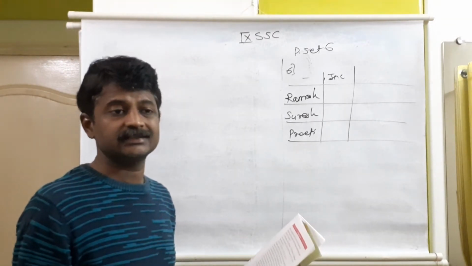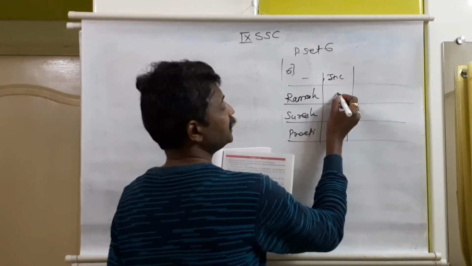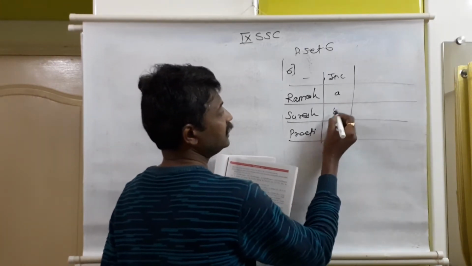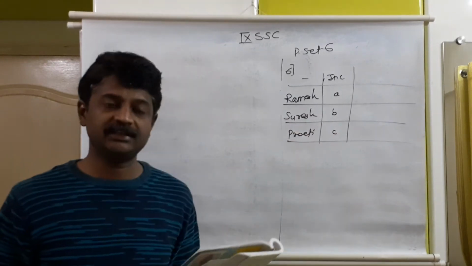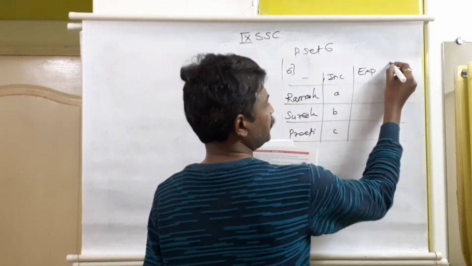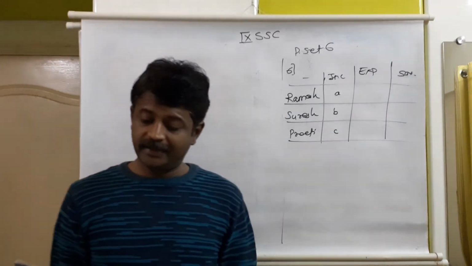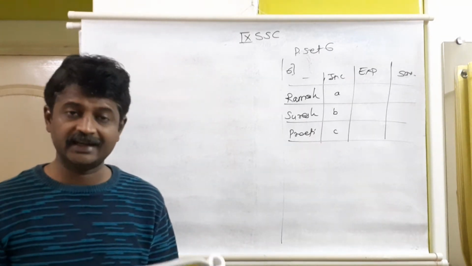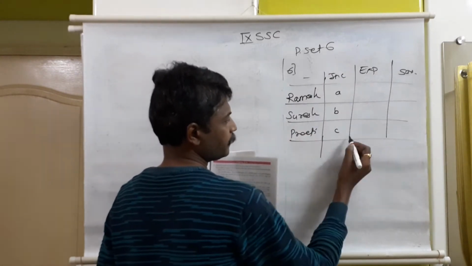So other than x, instead of y, z, w, we'll consider A, B, C. Suppose A rupees is the income of Mr. Ramesh, B is the income of Mr. Suresh, and C rupees is the income of Preeti. Then next is expense: income, expense, and the last will be saving. Now for the expense, what is given before that, total income of all these three is given, 8,07,000. So total income of all these three means A plus B plus C.